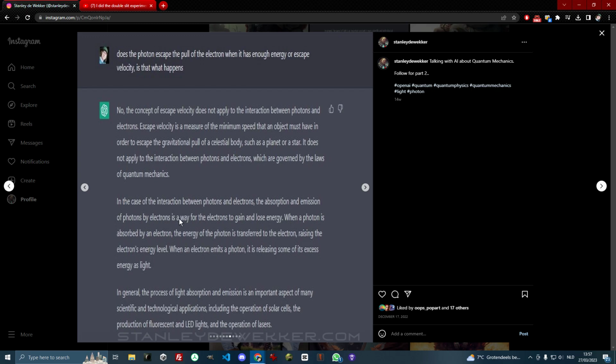It's a way to gain or lose energy. Well, is that all? I don't think so. That's basically just saying, well, hey, we have electrons and they get more energy and they lose energy. Well, what's going on there? When a photon is absorbed by an electron, the energy of the photon is transferred to the electron. Again, they're just saying that the energy is transferred to the electron. But what happens to the photon? Raising the electron's energy level. Well, I don't. The photon is